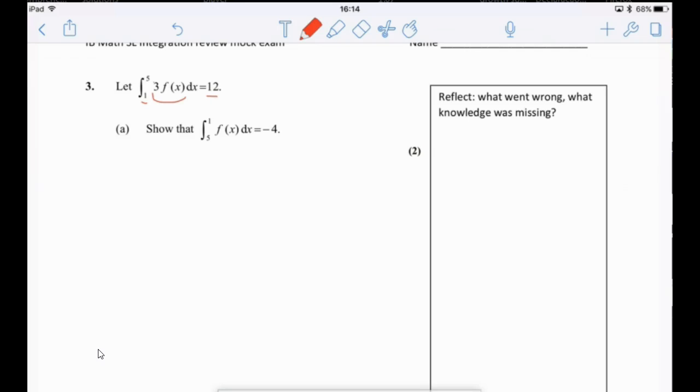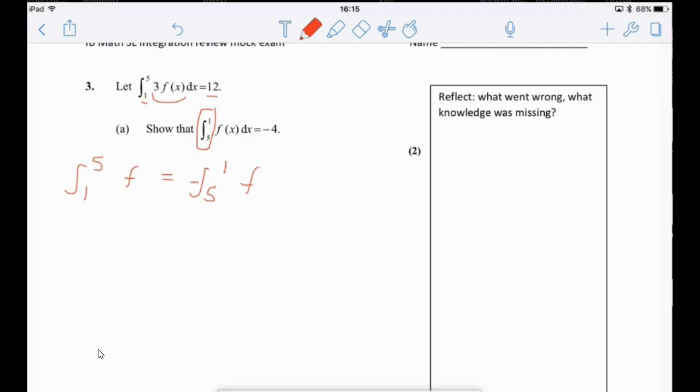Okay. Then it asks you, what happens if instead of evaluating an integral from 1 through 5, you do 5 through 1, it makes it the opposite. And then also, instead of having the 3 times the f of x, you simply have the function f. So remember that if you take the integral from 1 through 5, that is the same thing as taking the integral from 5 to 1 if you take the negative of that. Okay? So the fact that they're switching the 5 and the 1 here is just going to make it